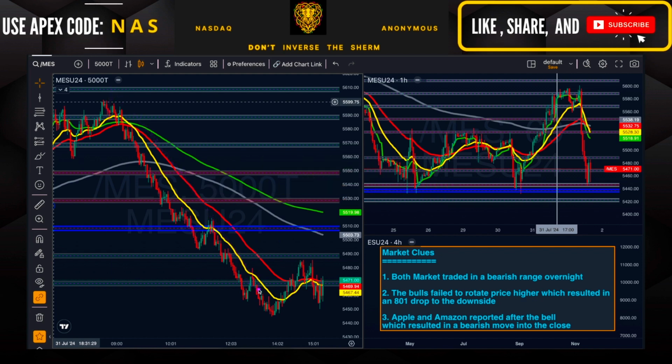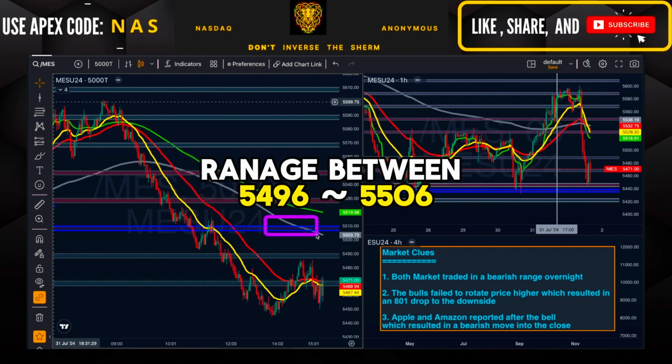Prior to the news being released, the market managed to recover some of its losses. When the news was released, we saw a bearish reaction. However, price did not take out its lows like on the Nasdaq. And based on this information, here's what I'm going to be looking for going into tomorrow's session. So just like the NQ, if price is able to hold this area of support, I'm looking for the market to trade back into a range of around